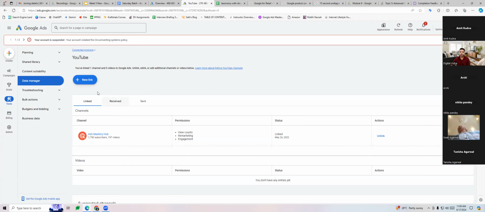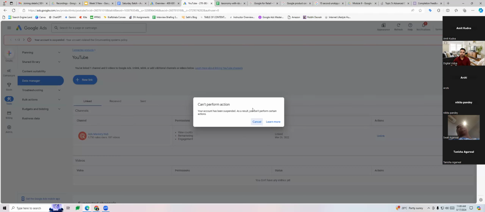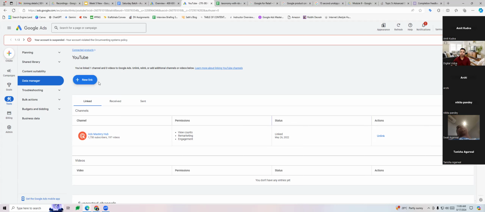And this is where you can add a new link, a new channel possibly, which you can add from here. You can give the channel's name and send a linking request from here. Once you give a linking request, from the other side, the request needs to be accepted by the channel owner.